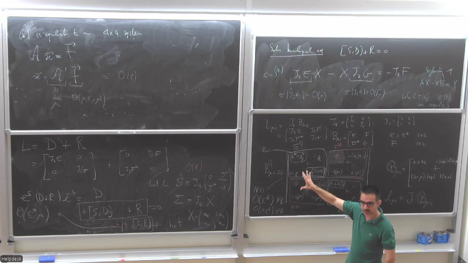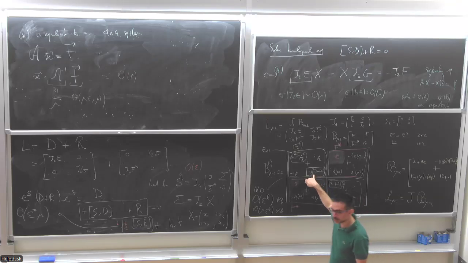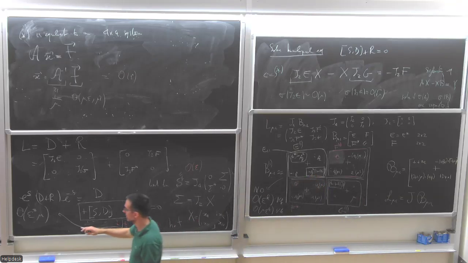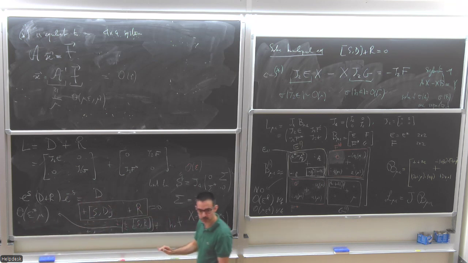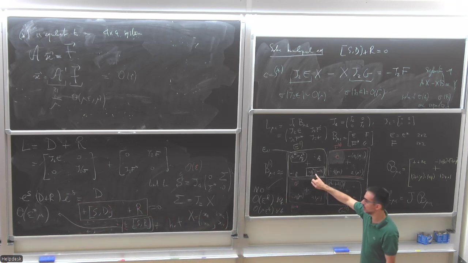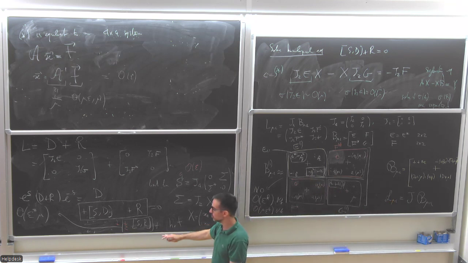If there is a correction of mu epsilon squared here, I spent quite some effort to try to prove that there are no terms of this size, mu epsilon something, entering here. So if this had a correction to this element,